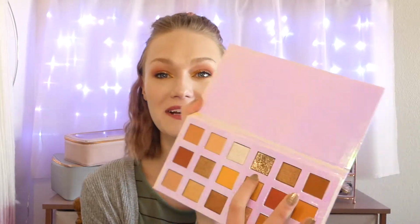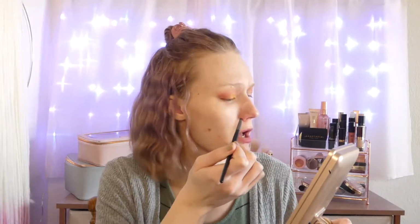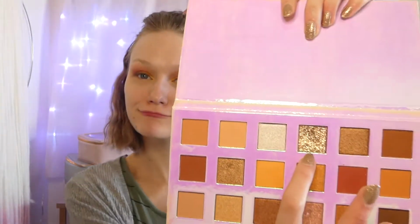And then on the eyes today, we did only stick to one palette, and it is this guy right here, the She Glam Artistry palette. This palette is probably my favorite out of everything, honestly. And it's probably mostly because of this shimmer guy right here, but also these colors just really speak to me. A lot of them are somewhat similar, but I think that's something I enjoy,